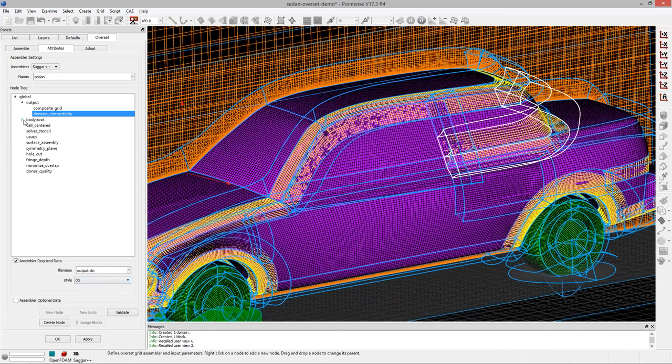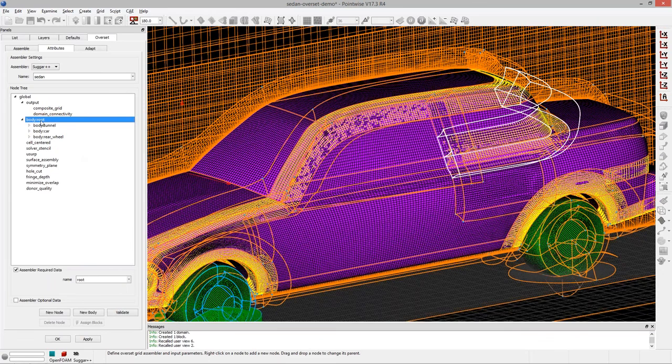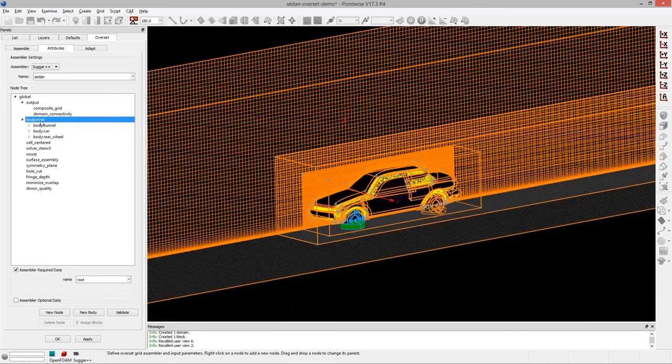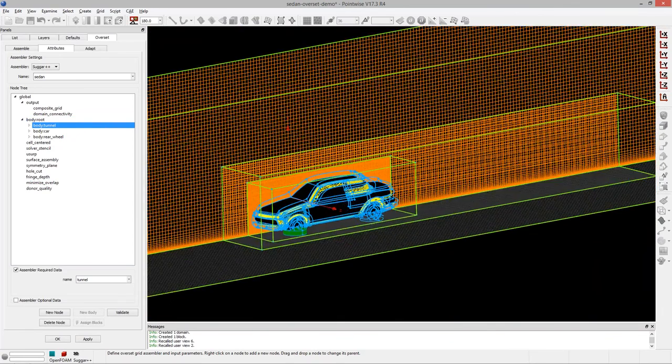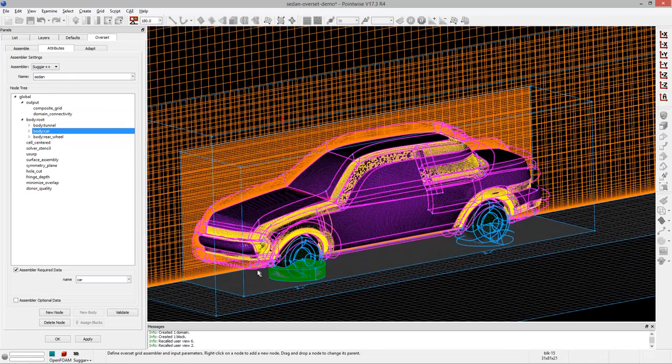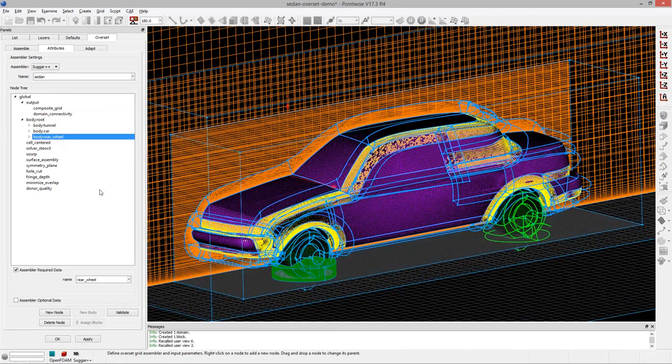Okay. The last thing you'll set up are your bodies. Okay. And you'll notice that I've got a number of bodies already. I've got my root body. I've got my tunnel body. So I'll highlight it in green. I have a car body highlighted in pink, and then a rear wheel body. Now you can think of this, again, this is an assembly of components, okay? So each one of these bodies is like a part in that assembly, all right? And one of the things that's missing is the front wheel, all right? I need to go ahead and add that front wheel to this assembly.